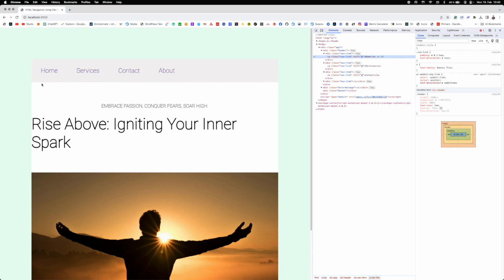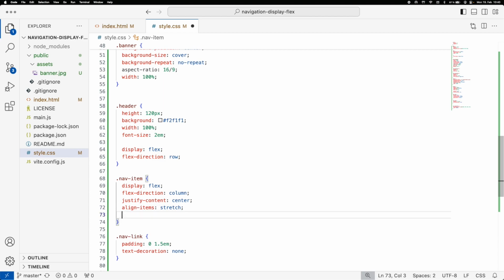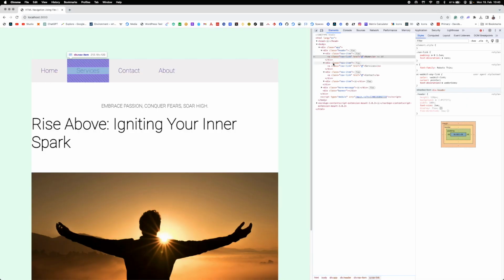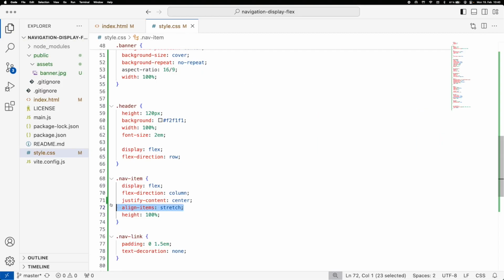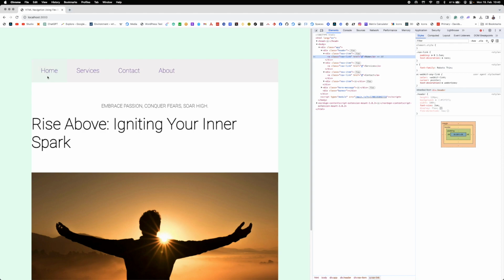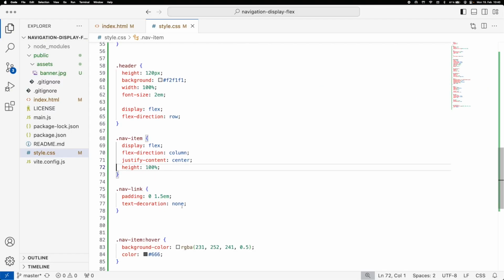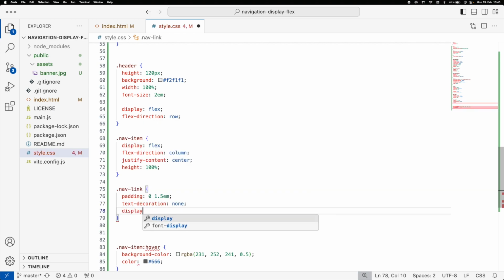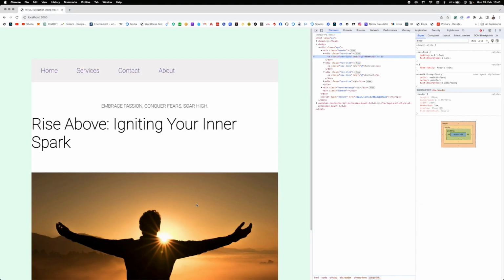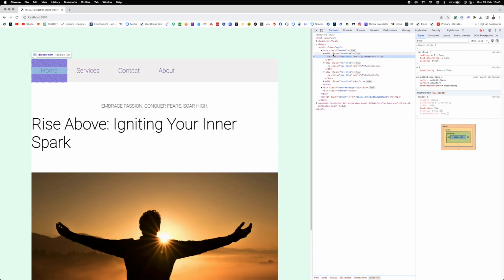But our cursor only goes over the anchor tag. So we want to be able to have a height of 100%, right? And this could mess things up a little bit. Let's just remove align items stretch here and see what we get now. No? Well, why is this happening? Well, it's because the link is still display inline. But when we change this, we're still not working. No? Okay. So